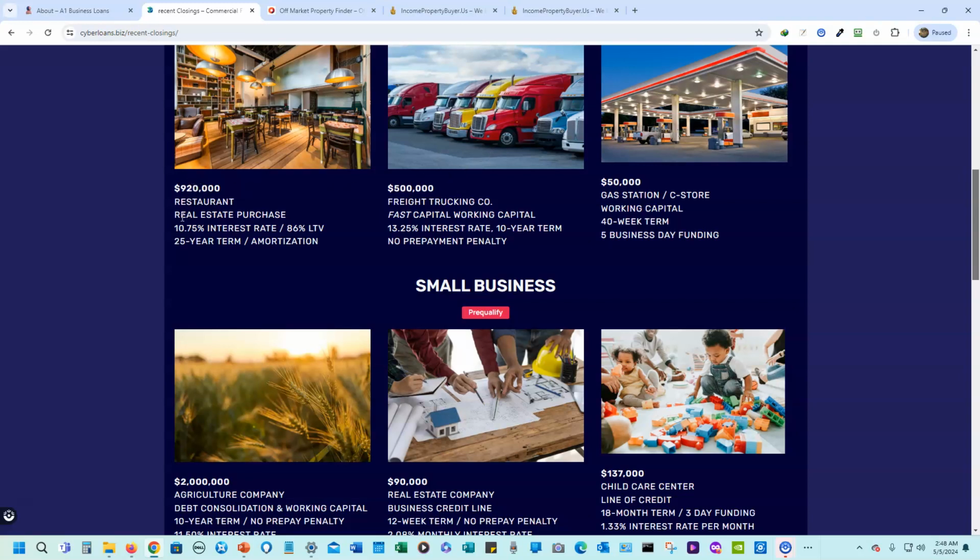$900,000 for a restaurant. It was, notice, a real estate purchase of the restaurant. Okay, 10% interest, 86% LTV. Here's a $500,000, $50,000 on a gas station, which was working capital. Now,